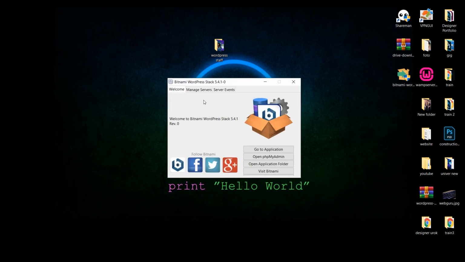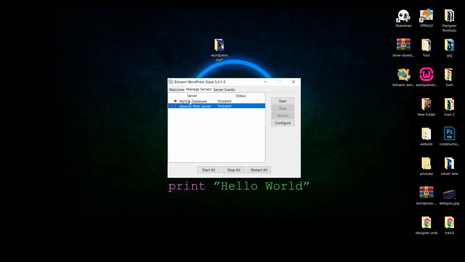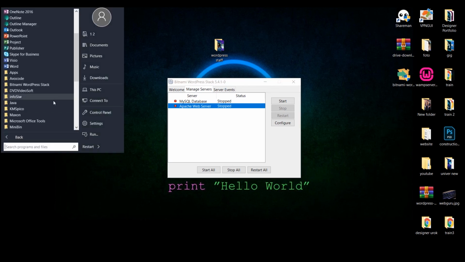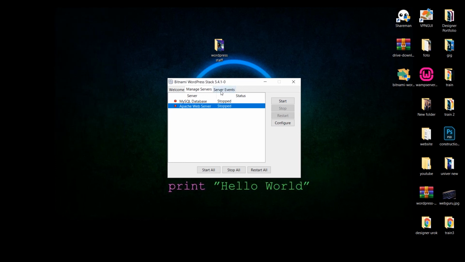So, manage services here, MySQL database. Let me say how I fixed it. You just go to the Bitnami WordPress stack, the Bitnami WordPress stack manager. Go to manage services and we have two red icons here. You just click start all, and that's all. Let it get green color, and that's all. You just close it and go to the